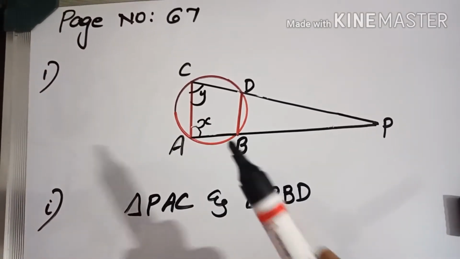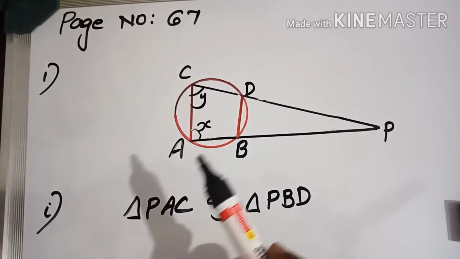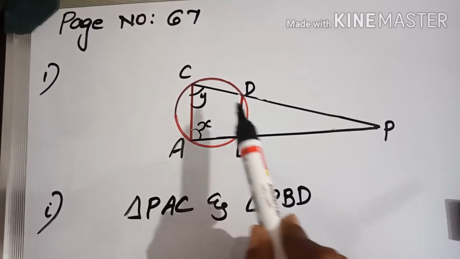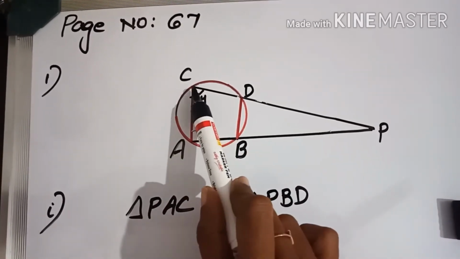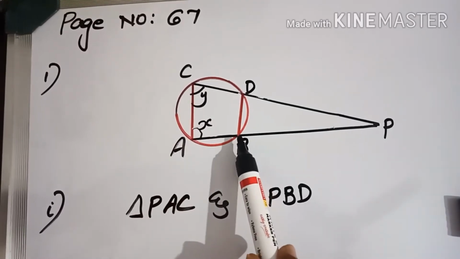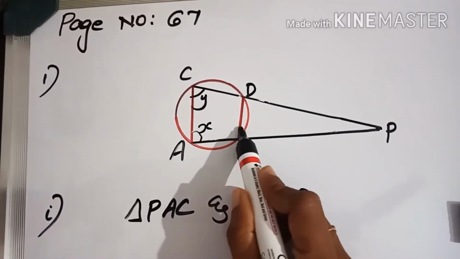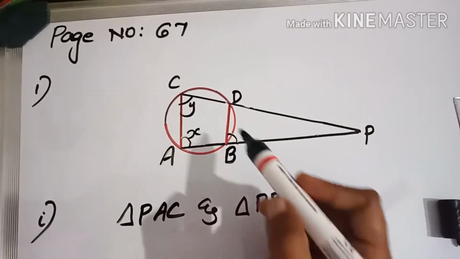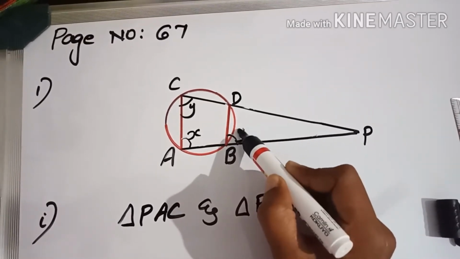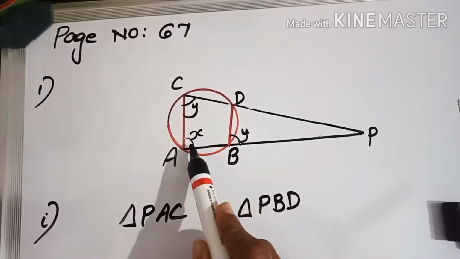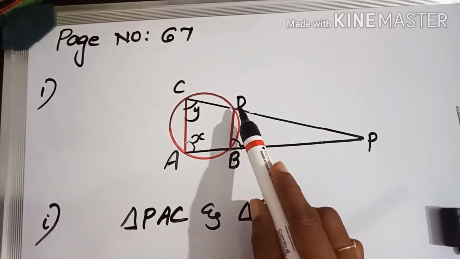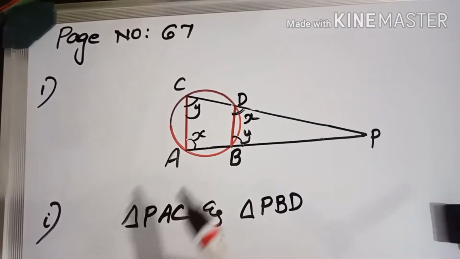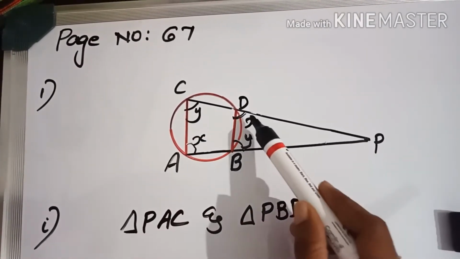Now we proved in a previous question that one angle and the outer angle through the opposite vertex of that one are equal. Here angle C. So angle C's opposite vertex is B. Its outer angle will be here. Those two angles will be equal. In a previous theorem we proved that. So this is y, means this will also be y. Now this is x degree, and its opposite vertex is D here. Its outer angle will also be what? X degree. So here x, y, here also x, y.